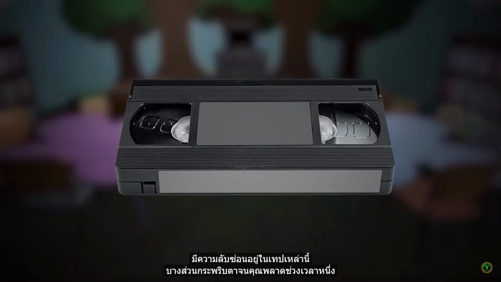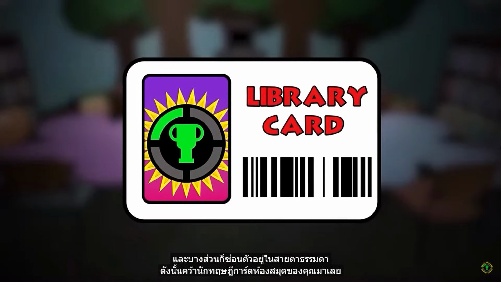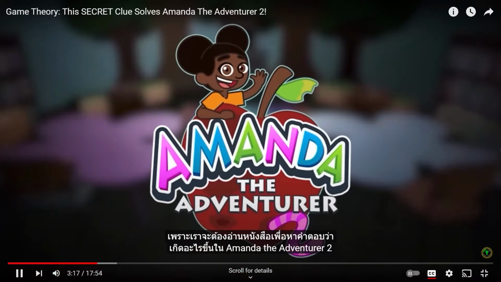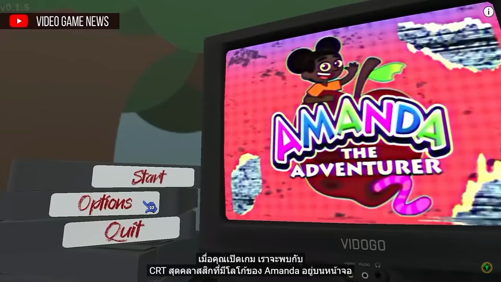Some of them are blinking you'll miss it moments, and others are hiding in plain sight. So grab your library card, theorists, because we've got to hit the books and figure out what's going on in Amanda the Adventurer 2. When you pick up the game, we are met with our classic CRT with Amanda's logo